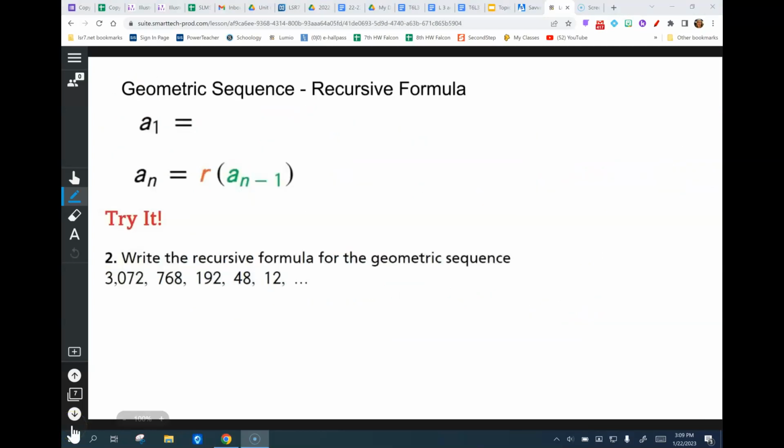So now, with a geometric sequence, just like with arithmetic, there's going to be a recursive formula. We're going to look at that one first. So remember, a sub 1 just means first term. And r means what is the ratio? And the way you find the ratio is that you take, I always say, second term divided by first term. Now, what I mean by that, let's say that I have the sequence of 2, 10,